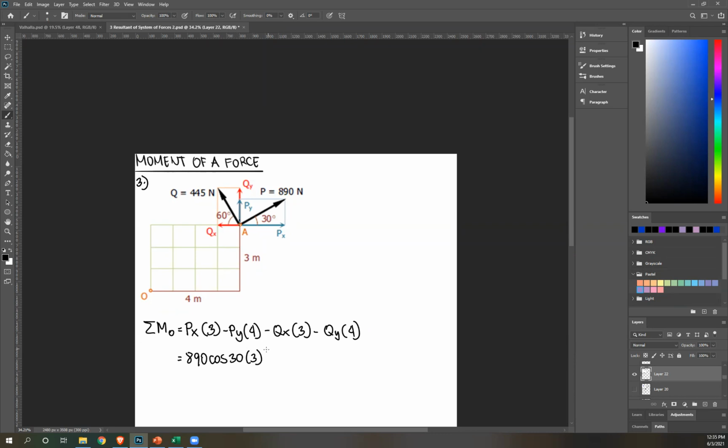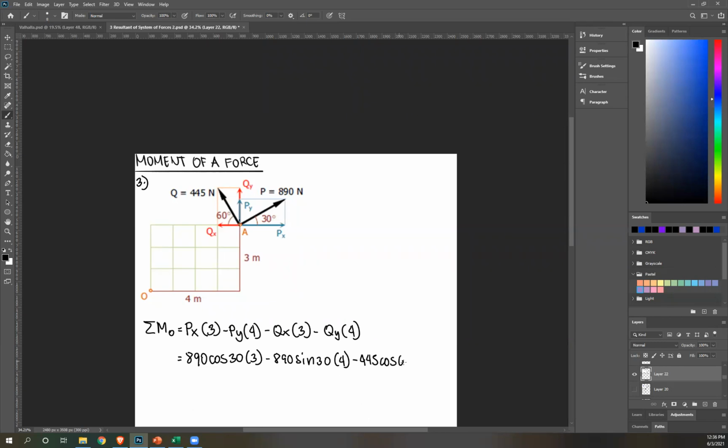Okay? Do the same thing for the others. Next, Py, that's 890 sine 30 times 4. Next, minus Qx. So cosine, angle, cosine 60. So Q is 445. So minus 445